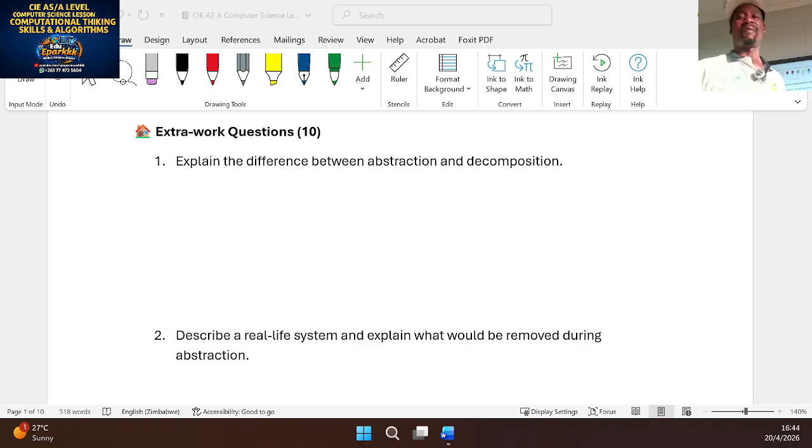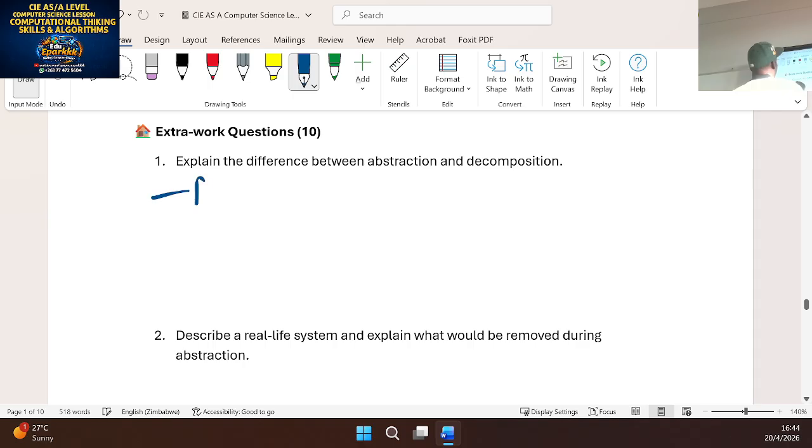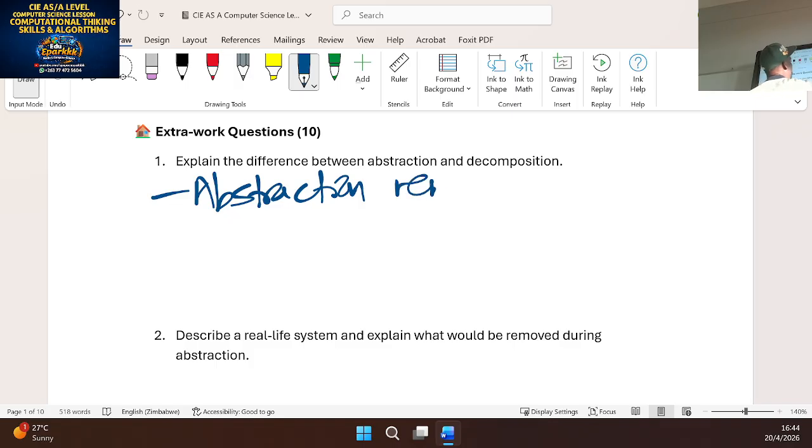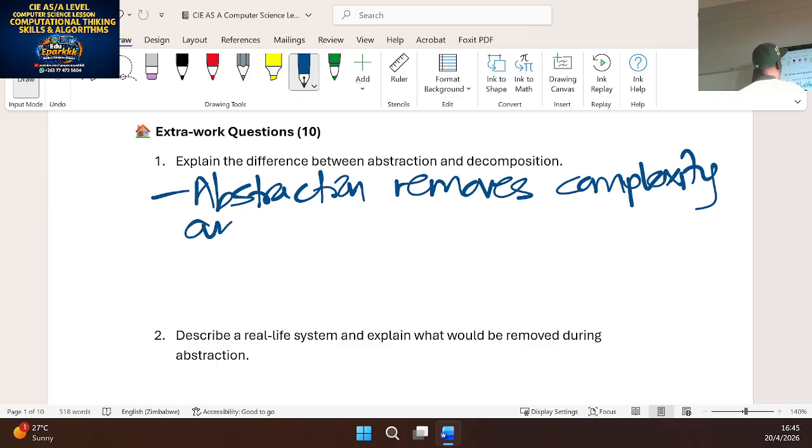There we are on the first problem. Our interest is on the difference between abstraction and decomposition. And as we discussed earlier, abstraction simply means to hide complex components of a system, and we focus on what's really key or important or necessary. So I can write here that abstraction removes complexity and focus on essentials,